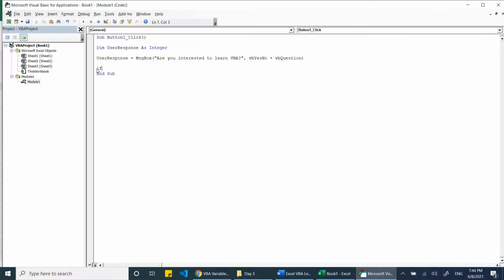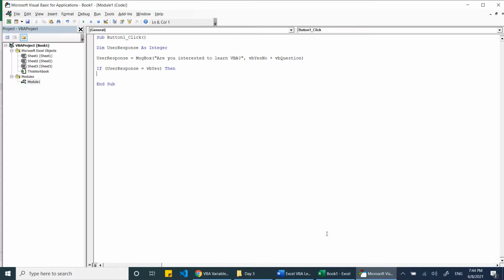Instead, if user response equal to vbYes, then the condition is what we have written, so what to do?